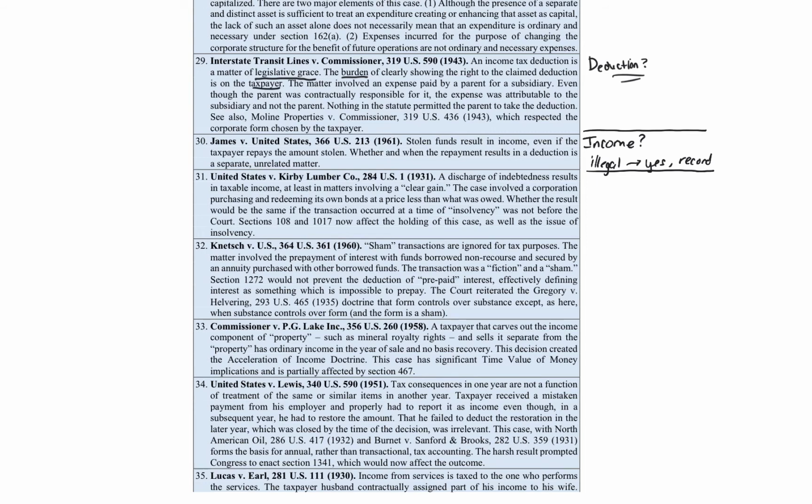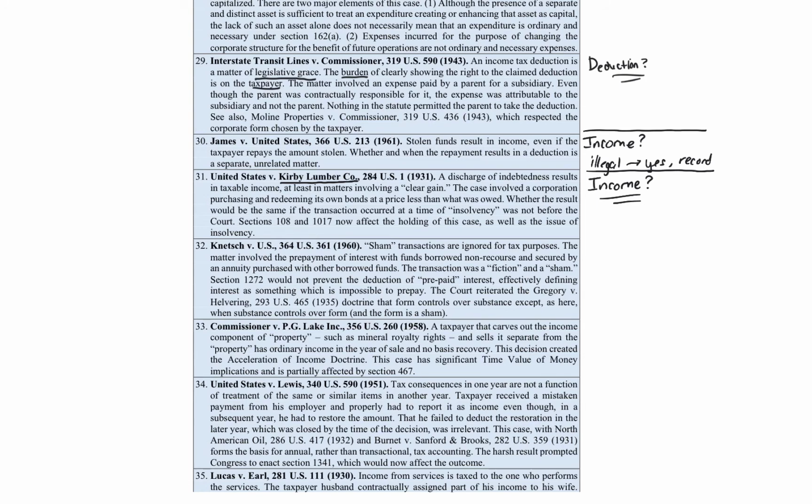Kirby Lumber. So some of these cases, this is an income question. Some of these cases to you are like, oh, I already knew that. That's common sense. But you got to remember, this case is in 1931. These cases are old, and back then the tax law was new. Think of it like there's a lot of new tax laws that have come out recently. Getting that new tax law with not much guidance out there and not knowing what's going on.